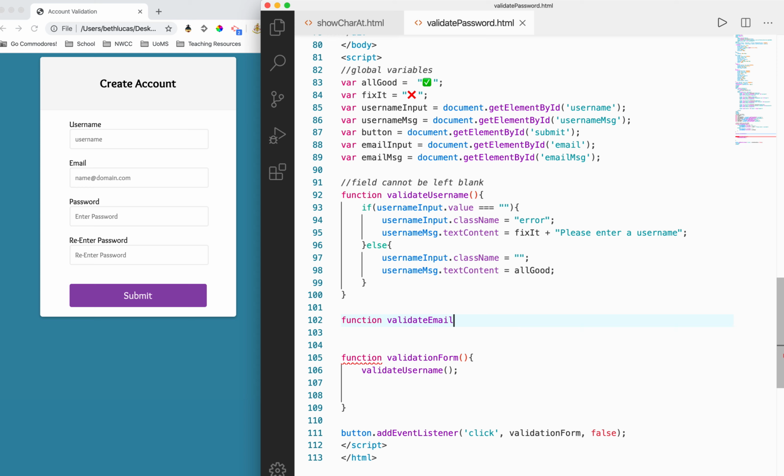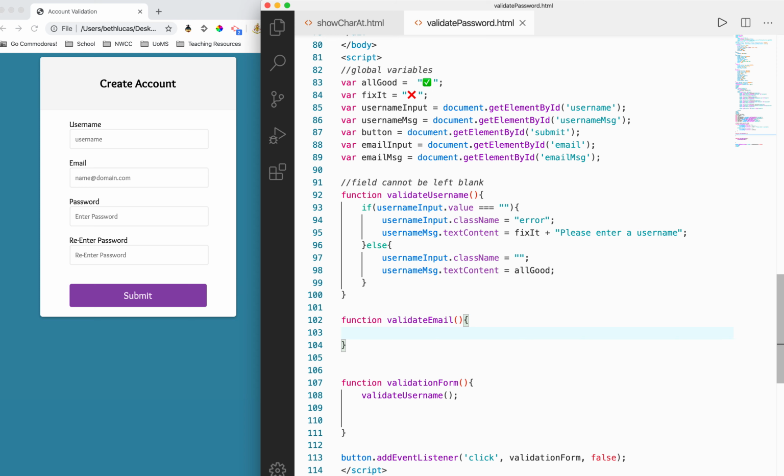Okay, let's create a new function called validateEmail. Now, what's going to make our email valid? Remember, we're not using any server-side processing, so there's nothing on the back end that's actually going to check and make sure that is a legitimate email. We are doing front-end processing, so what we're going to say makes a valid email is emails always have an